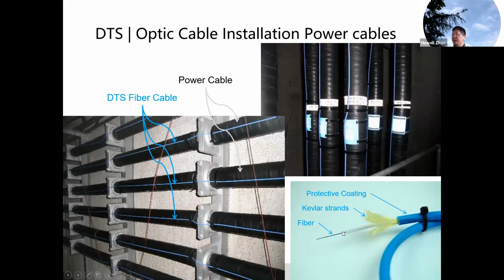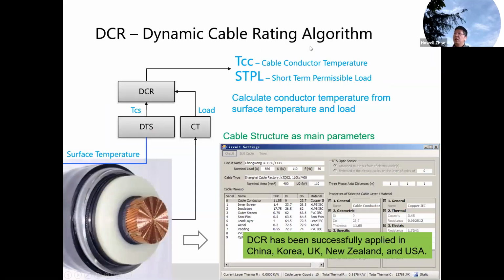Outside of the optic fiber, there are some plastic tube and Kevlar strands to protect the optical fiber from stress. And we also have an outside protective coating. Mostly it's rubber or plastic, but sometimes we need it to prevent fire. And in the power cable industry, the most important information the customer wants to understand is the